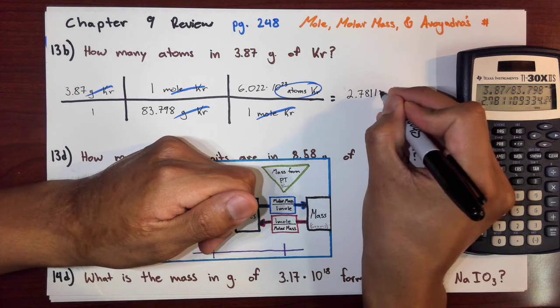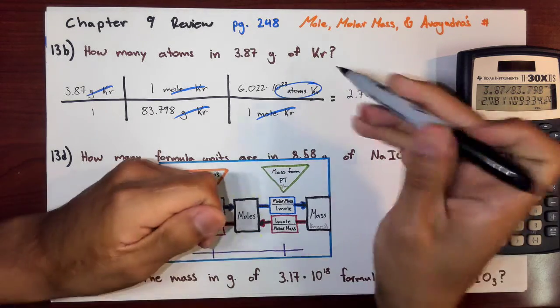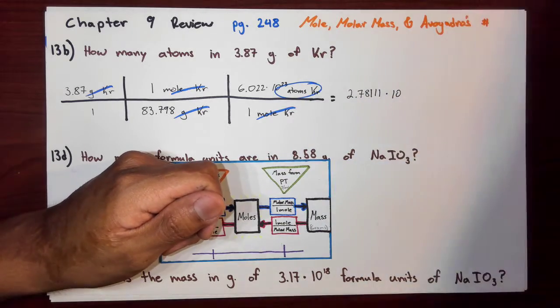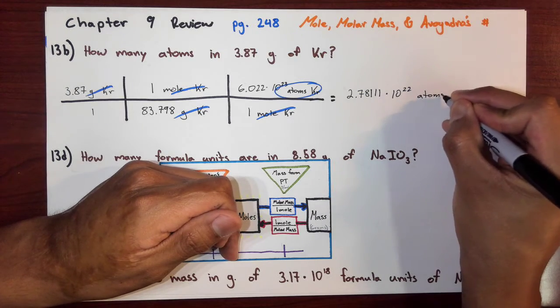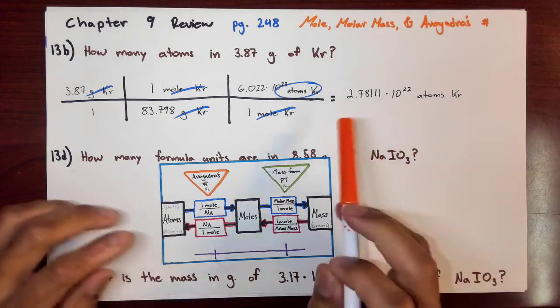2.7811, and then let's just do one more significant digit there, 1. Okay, so I just went ahead and rounded, and this is times 10 to the 22nd. 22nd atoms of krypton, but remember, we're not done yet because we still have to find out how many